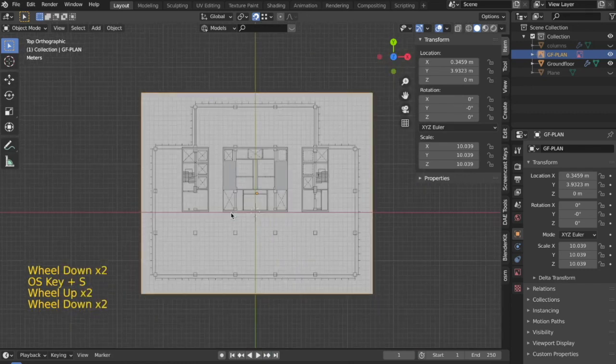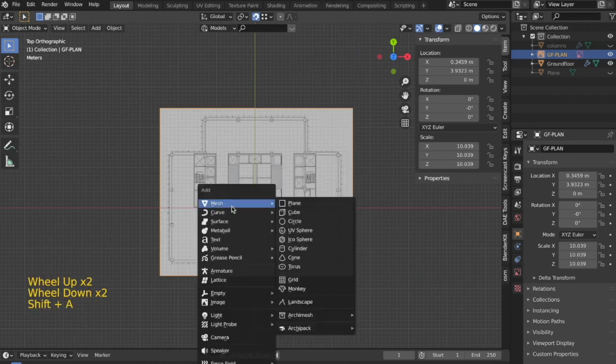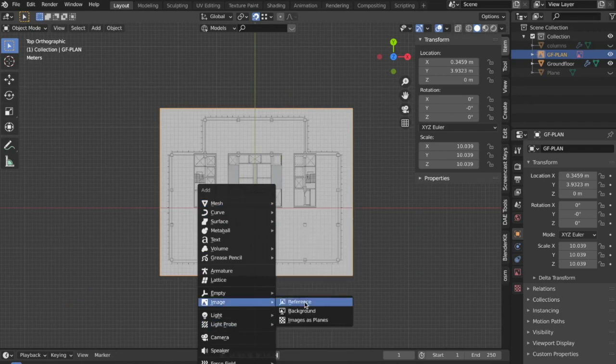Now the next part of this building, as I told earlier, in this image you can see is the body part, or the part where the building starts or where the actual offices are. So for that I have another plan which I got from the internet, and as I told you earlier, all the links are in the description. Make sure you download them to follow along the tutorial.